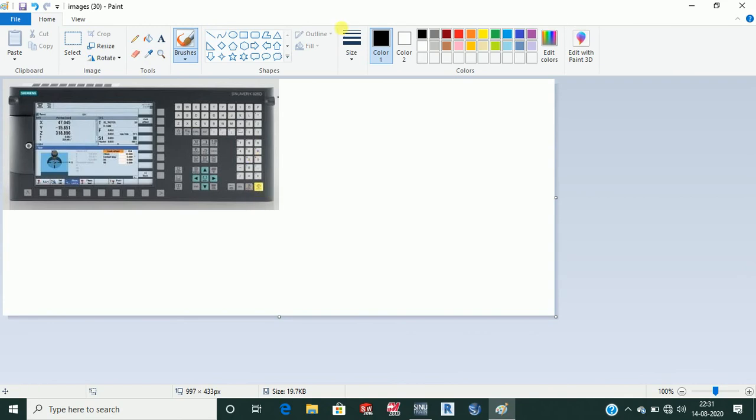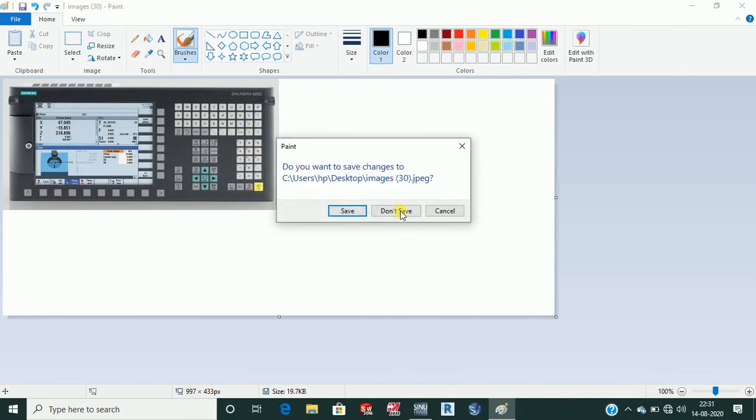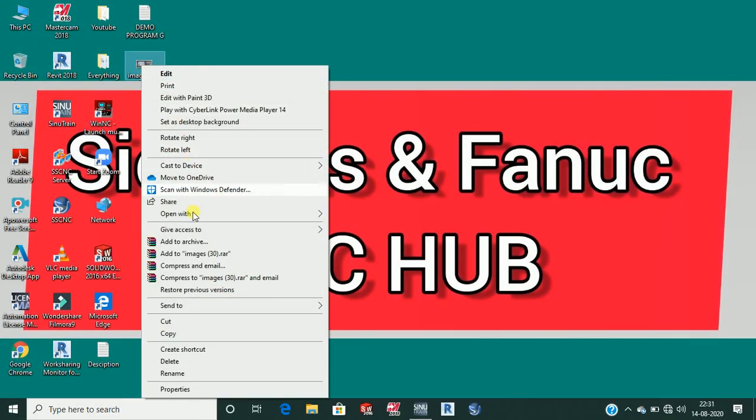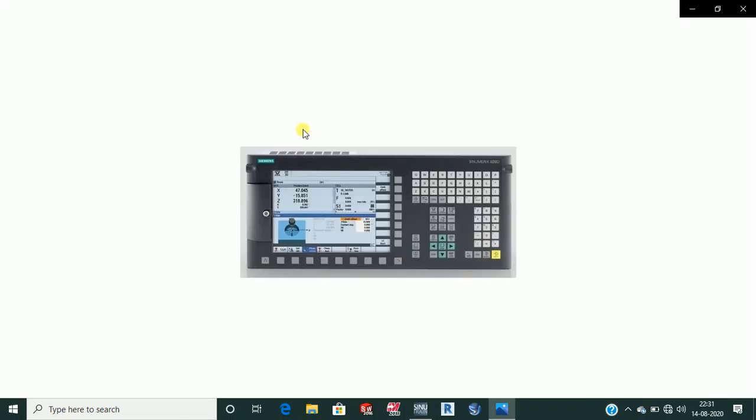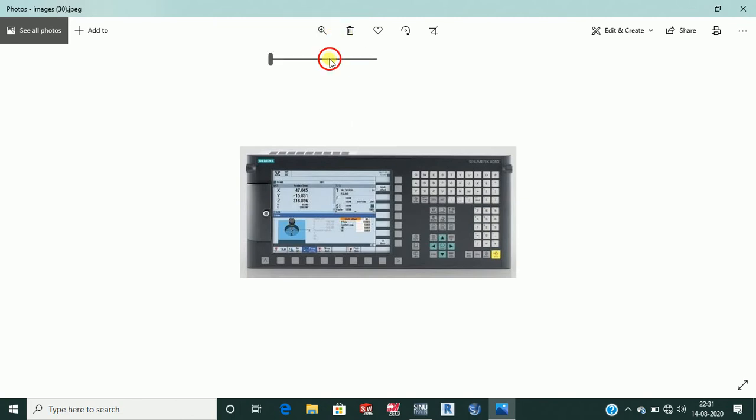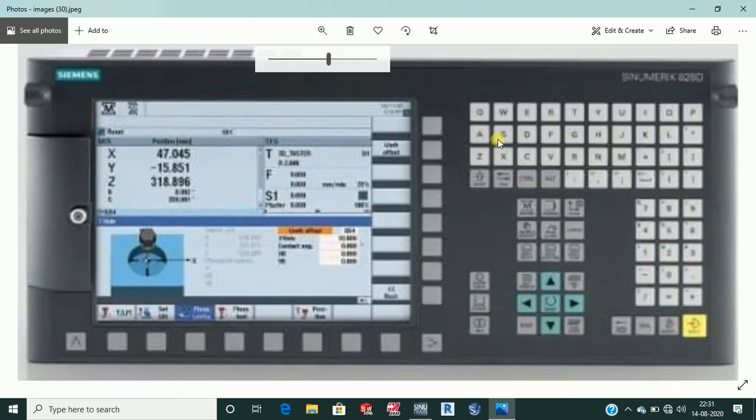As I have told you already, beside the PPU there is the alphanumeric keyboard. This is not given because we have the keyboard in front of us. There is no need for it, so we are going to use the keyboard.